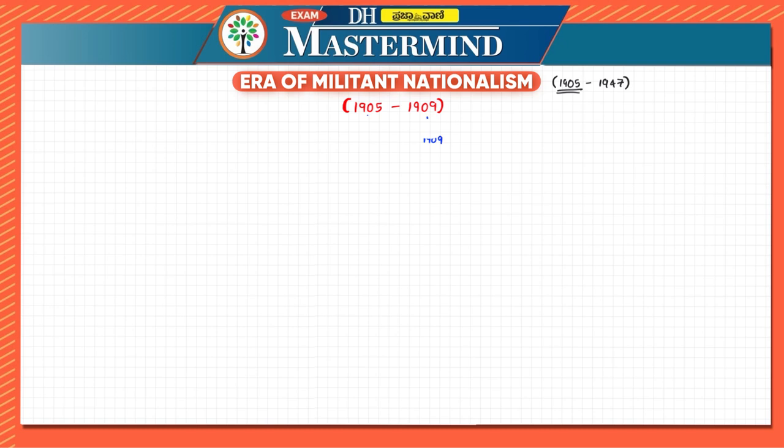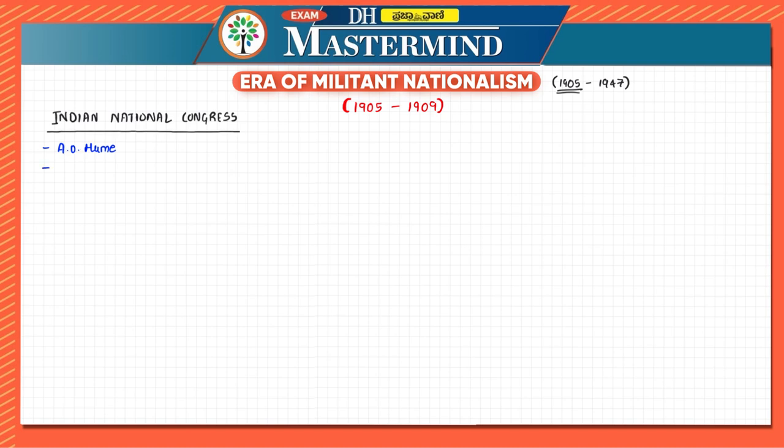But before we get into the era of militant nationalism, let us discuss a little basics so that our modern Indian history is also covered properly. The first thing to discuss is the formation of the Indian National Congress. The establishment of this organization is important, because this was one of the first all India organizations. It was founded by A.O. Hume, and he organized the first session of the Indian National Congress.